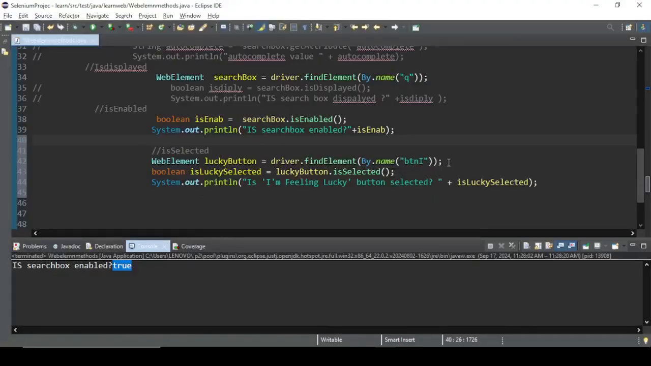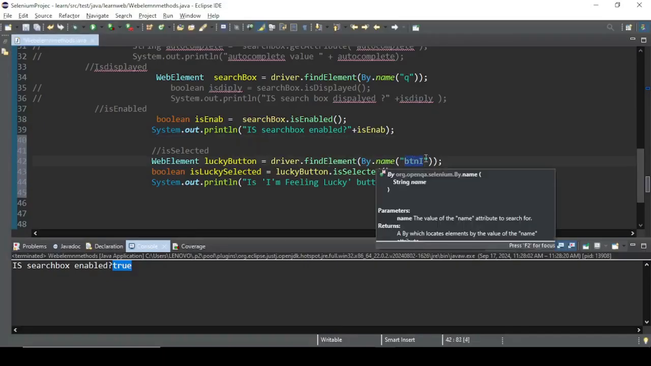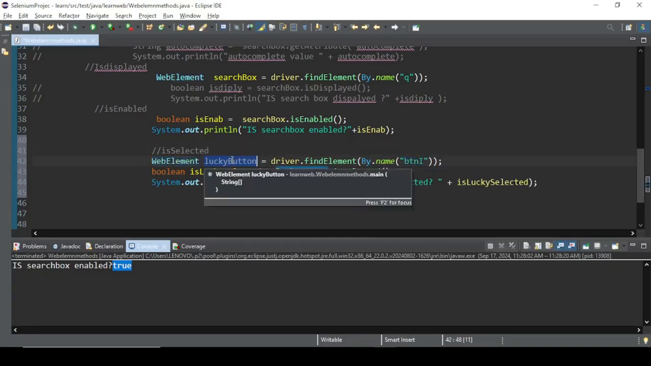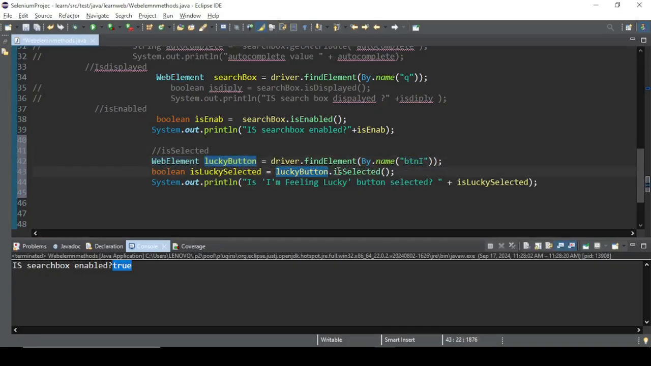In the first line, I am identifying the element by using the name locator, and I am passing the value, and I am storing it into one lucky button. The isSelected method I am using here. The return type will be boolean. Okay, and I am printing